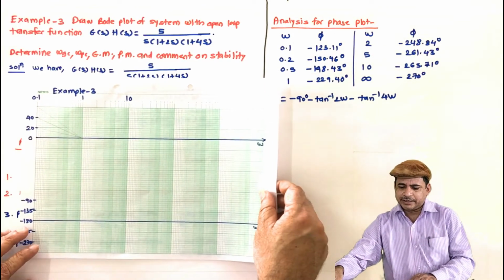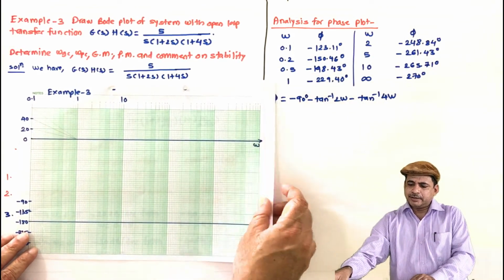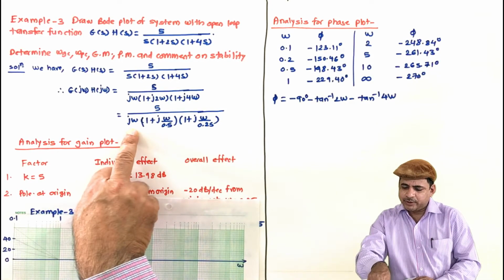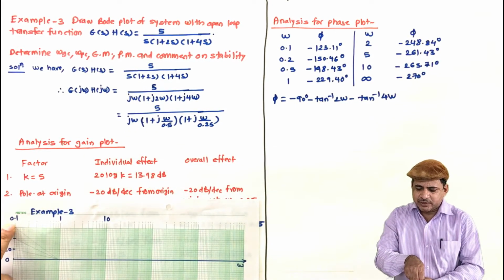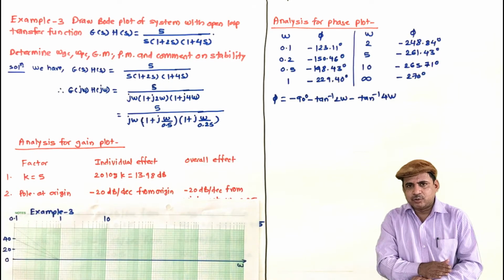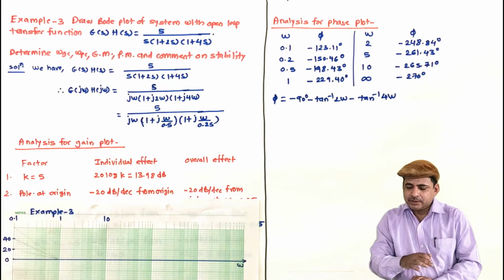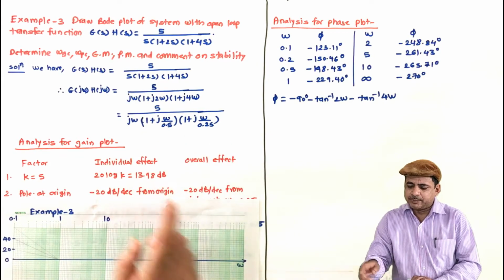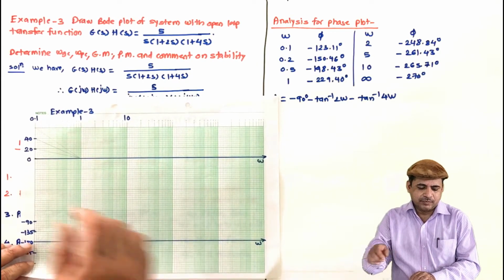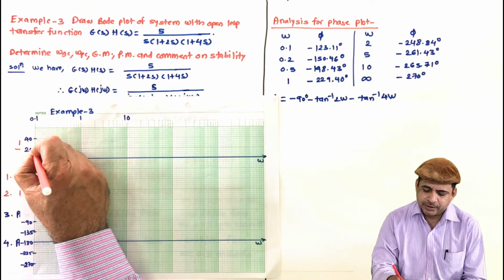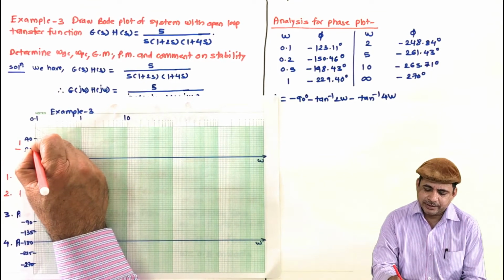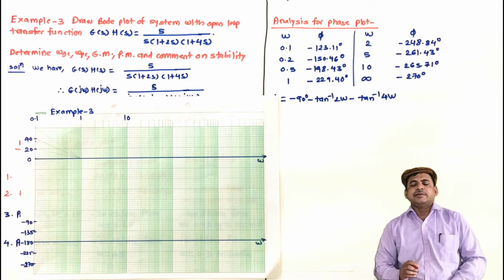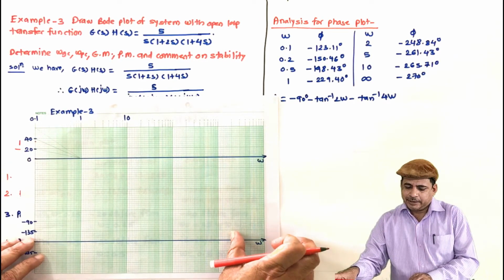So we are ready with the template. Here our starting point will be 20 log k. There is one pole at origin and starting point frequency is 0.1. So one decade to the left of 1, and that means it will be 20 log k plus 20. So approximately 34 will be the starting point. So this is 20, 24, 28, 32, and here in between this will be 34. And the effects are